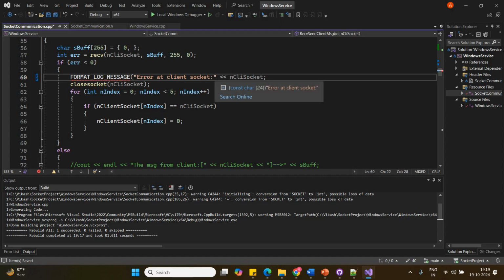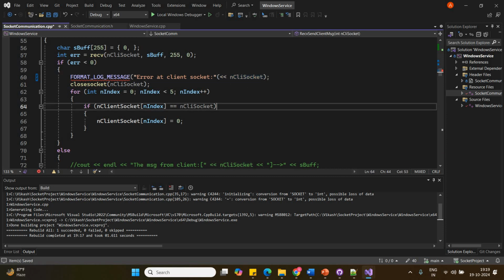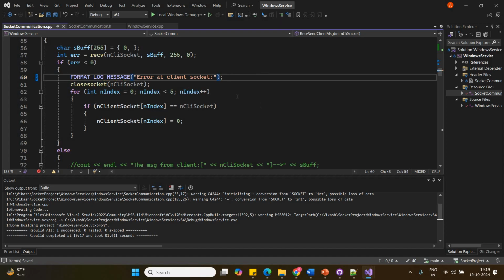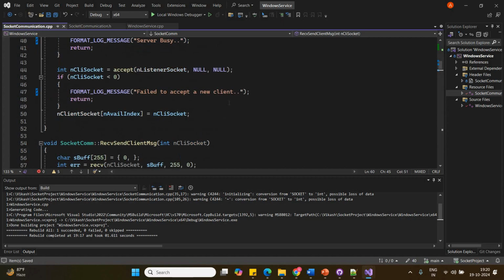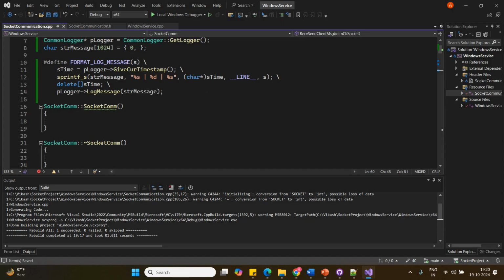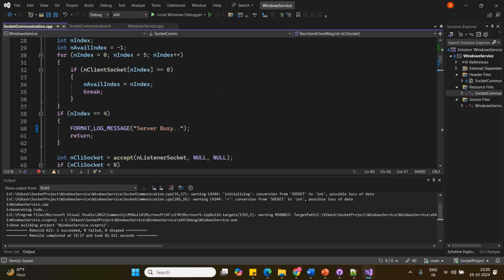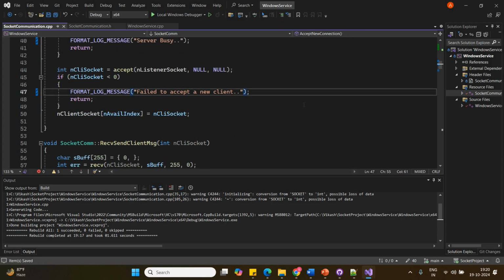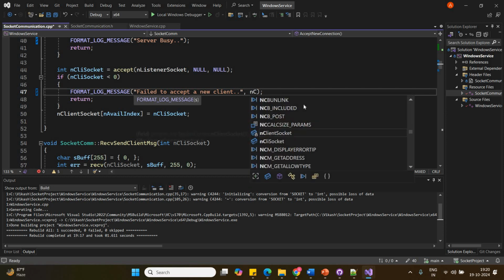error at client socket. So let me just remove this because I want to print the socket as well. So that's why I told you that you can have this again. Remove it and then add it. So I will just put it like error at client socket only. Okay. So if you have to add another thing like any other variable here like socket ID, then you can get the format log message. Apart from this one, you can add another one like the socket ID, right? So this thing you can add, and I need to add these n client socket,